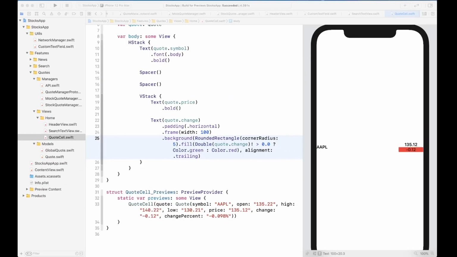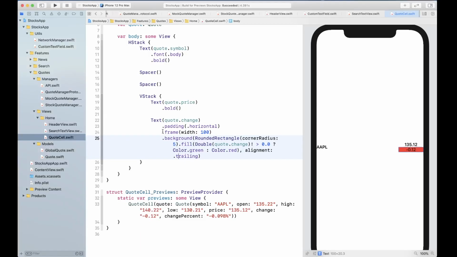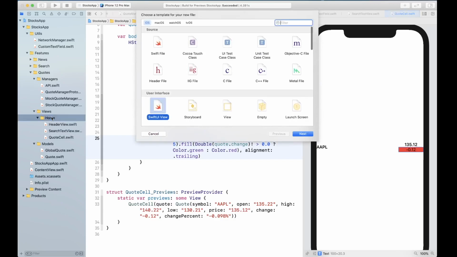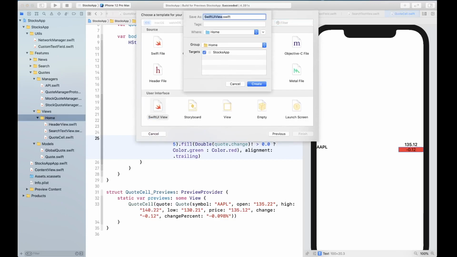All right, so let's go ahead and create our mini quote view. I'm gonna press Command N, add a new file, and we are going to be naming this one mini quote view.